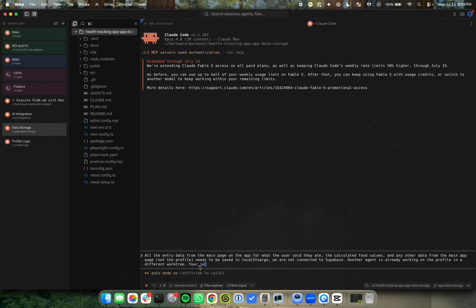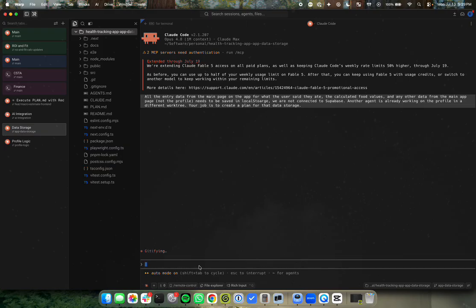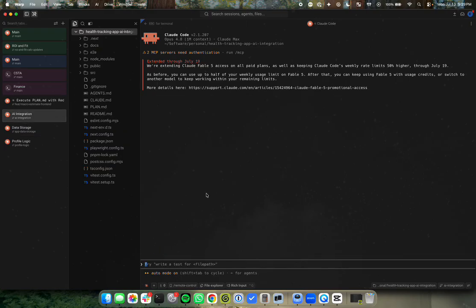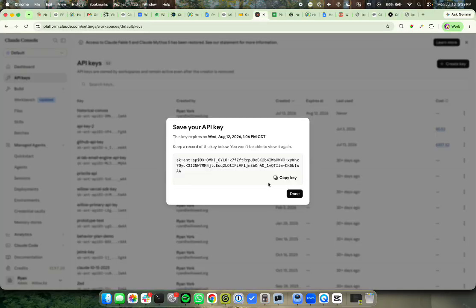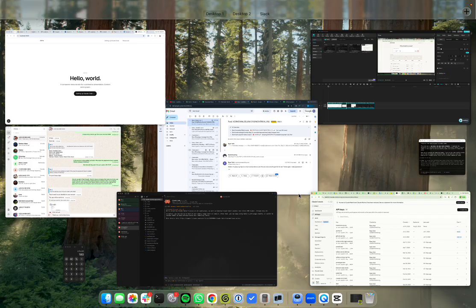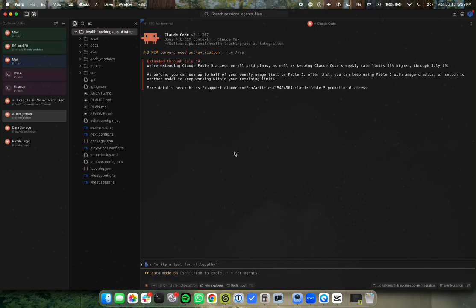Your job is to create a plan for that data storage. So we're going to get you going making a plan. And then lastly, I have an API key. You can copy it if you want. It'll be expired by the time you see this. And we are going to